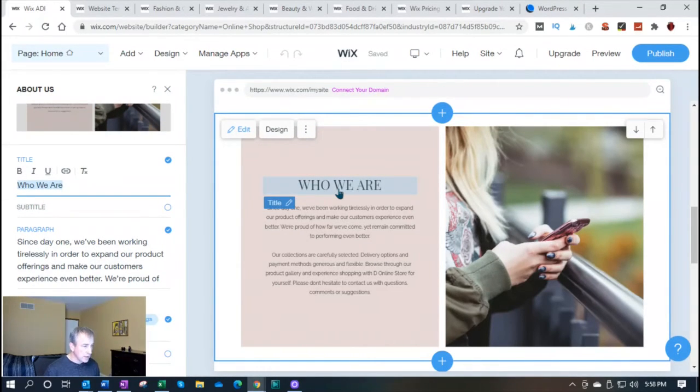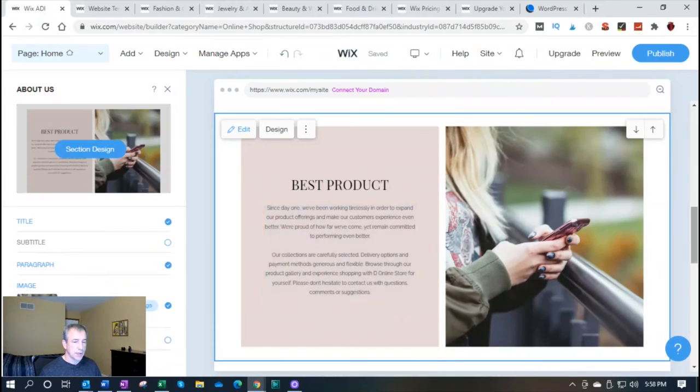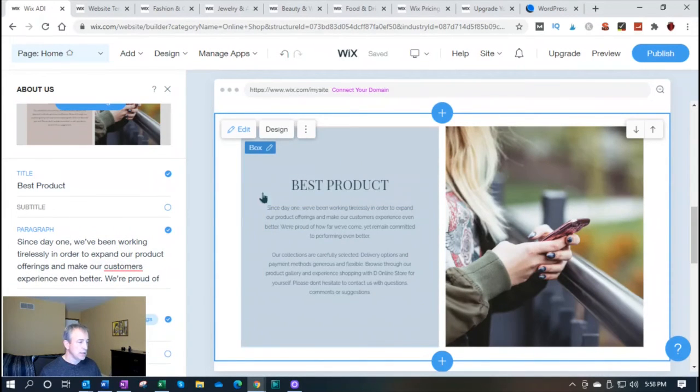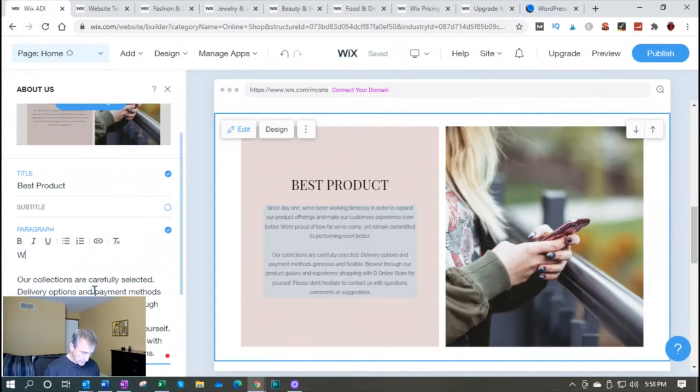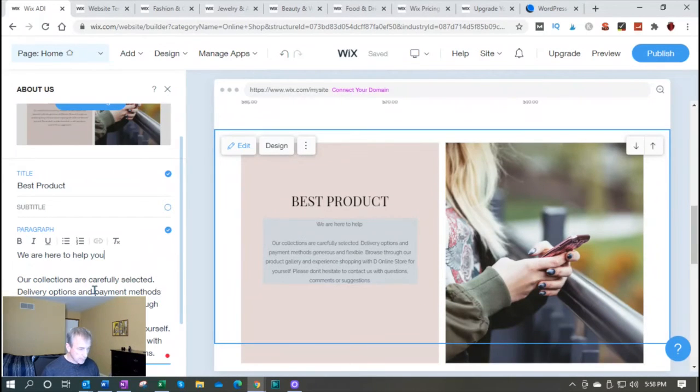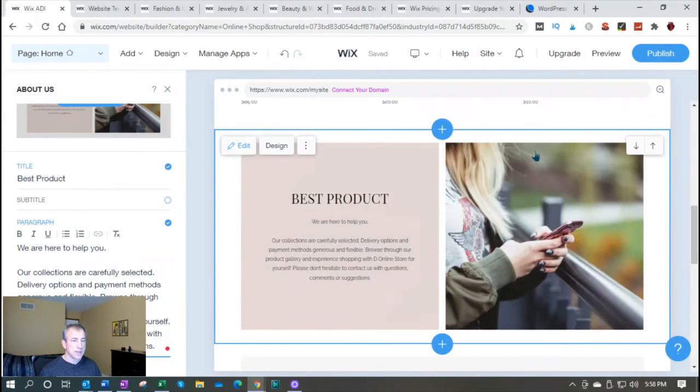So I can type in, I can add what I want. So you can change this up pretty easily, change pictures, go in here and click this. You can go in and change a lot of these things, and everything comes up over here to where you can go in and then update it. So go in here and then start typing what you want. It's pretty straightforward, right? So then you come up here and you hit publish when you've got your website done,